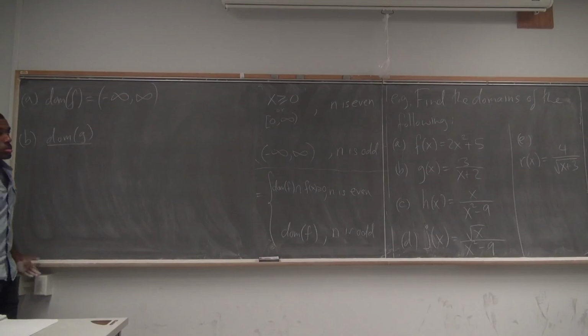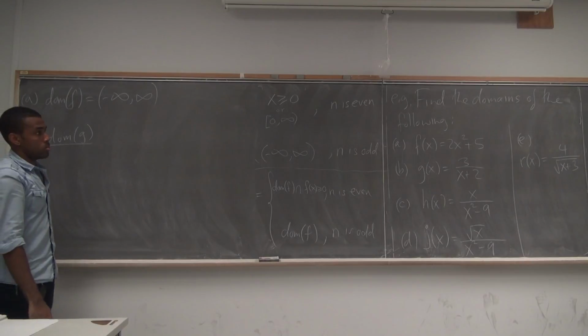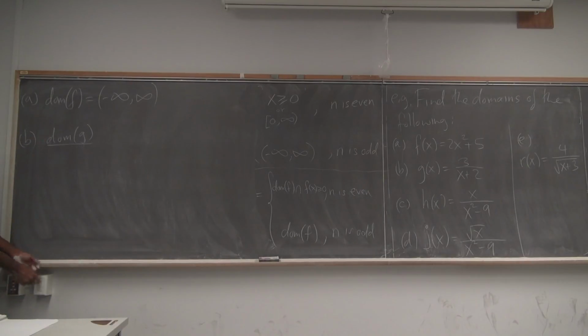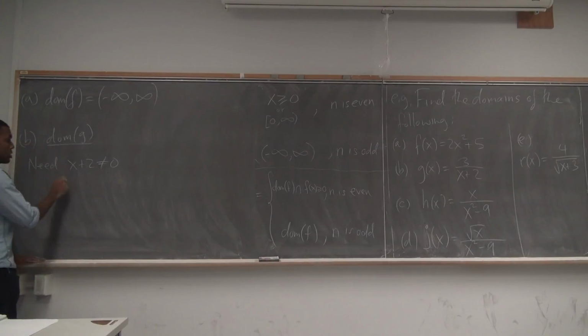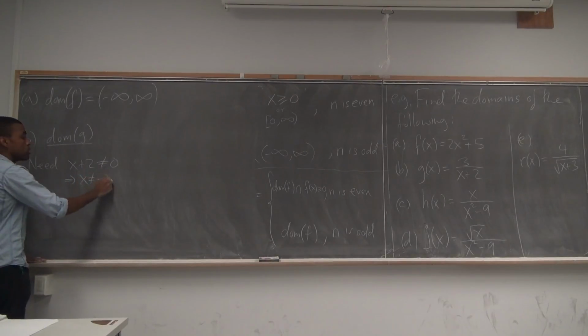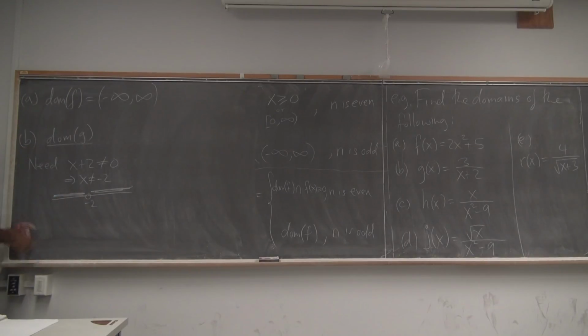Negative infinity to 0, so negative 2. Okay, what did you do here? Remember, it's a fraction. Remember, you need the denominator to be non-zero. So you need x plus 2 to not be 0. So this means your x cannot be negative 2. On the number line, at negative 2 there has to be a hole. We're fine on this side and we're fine on that side, but there we cannot work. So this means all numbers from negative infinity up to this point, and all numbers from -2 up to that point. So my domain of g